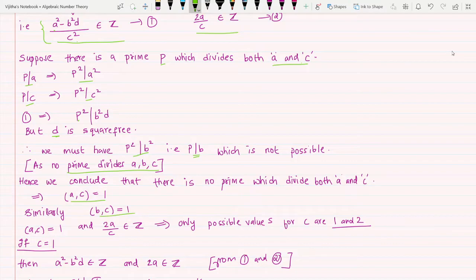Because no prime divides both A and C. Okay, so this is